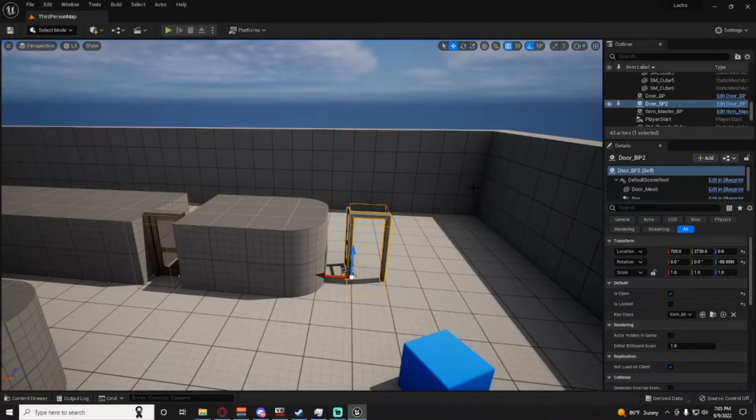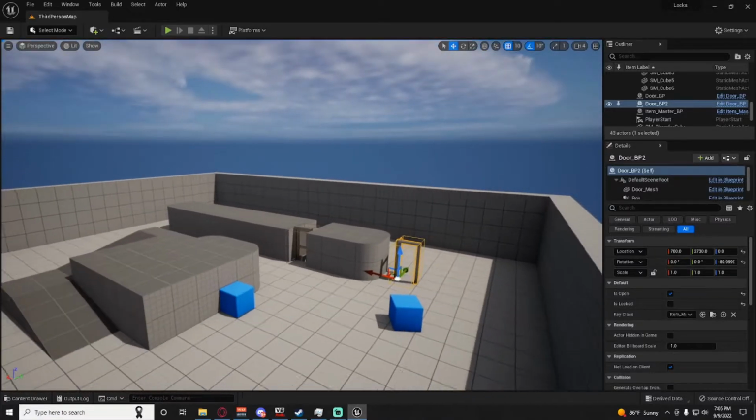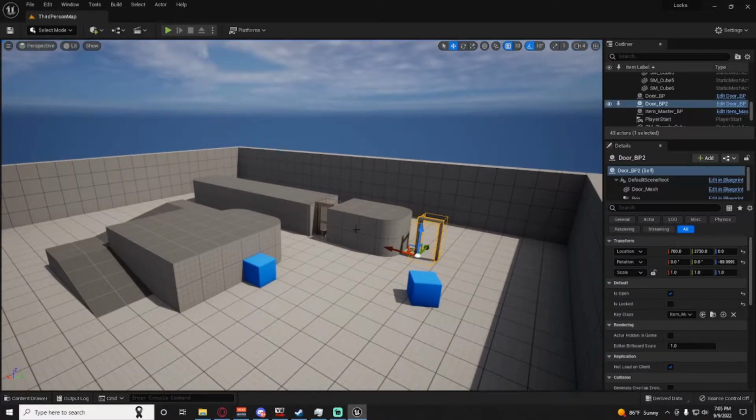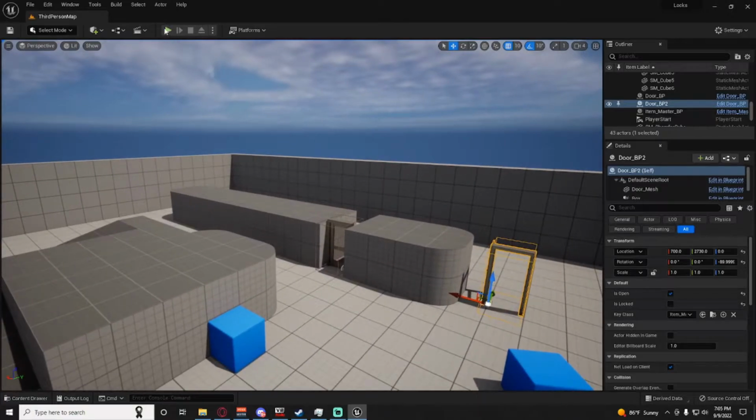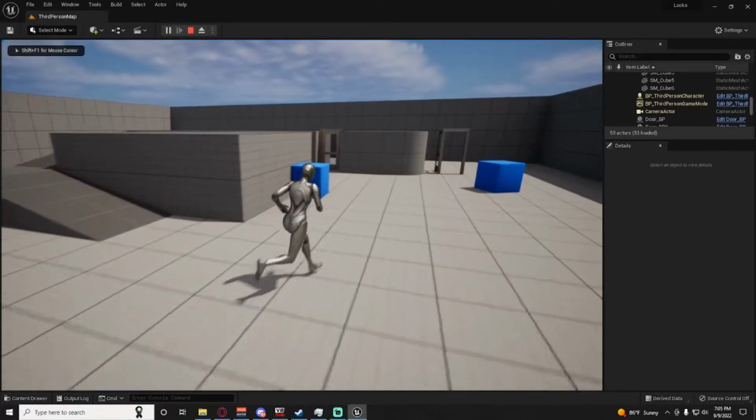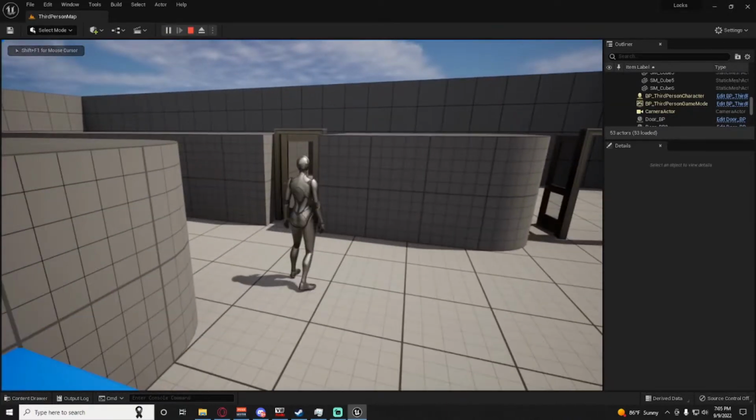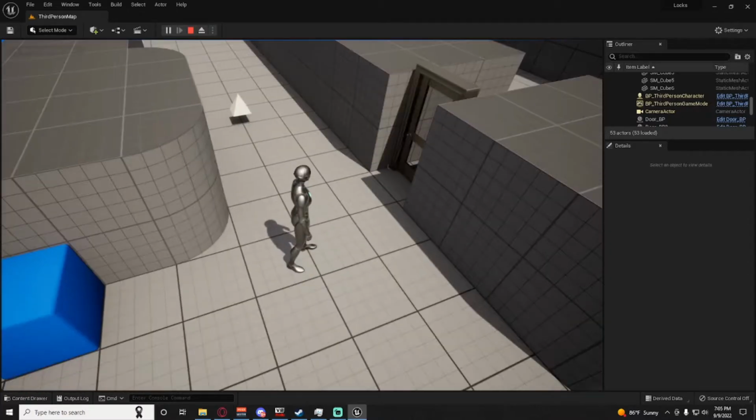I finally got my new PC in, so I can actually start making videos and stuff again. And I thought for this first one coming back, we'd do something pretty simple, just kind of get my feet wet again. What I'm doing is we're making some doors that are modular. Probably a lot of you already know how to make doors, but have you been able